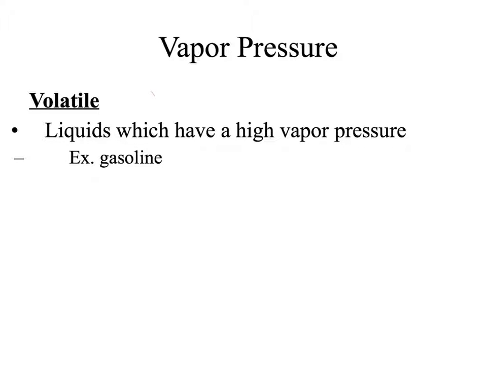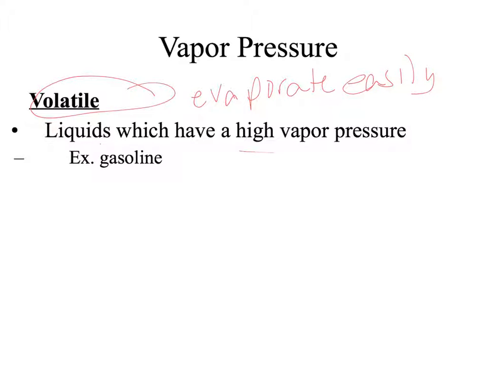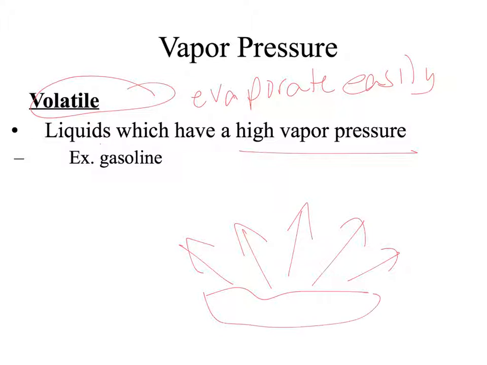Another vocabulary word, the word volatile, that means evaporates easily. And liquids that have a high vapor pressure evaporate easily. A high vapor pressure means a lot of them are leaving their liquid friends that are trapped in the liquid. You have a lot of them that are leaving and bouncing against the walls of the container. That's a high vapor pressure. Liquids that have a high vapor pressure, if they're in an open system, will evaporate easily. We call that volatile. Nail polish remover, gasoline, those are volatile liquids.